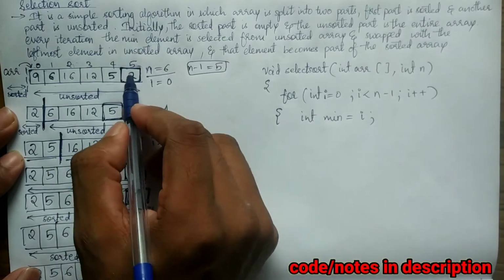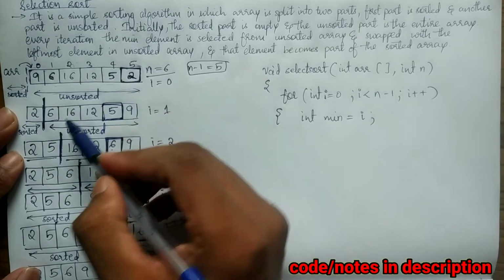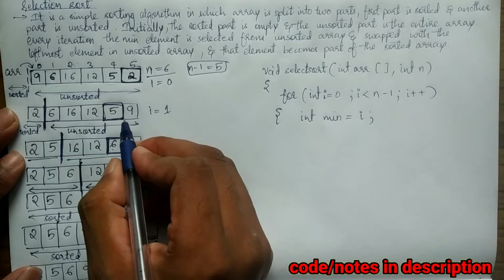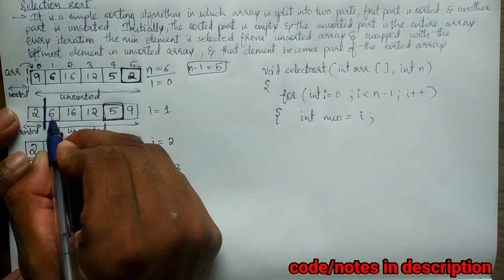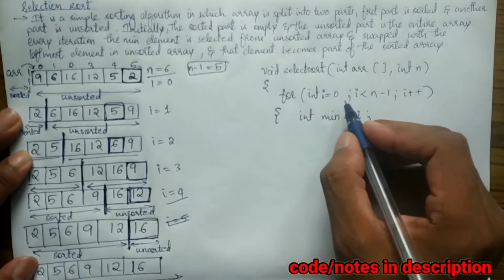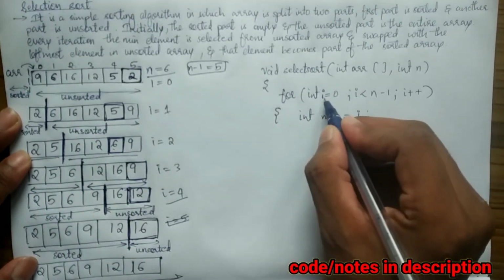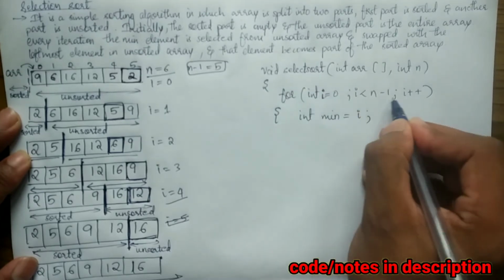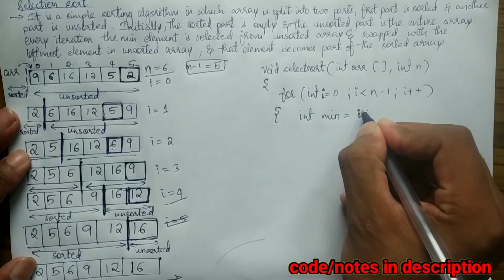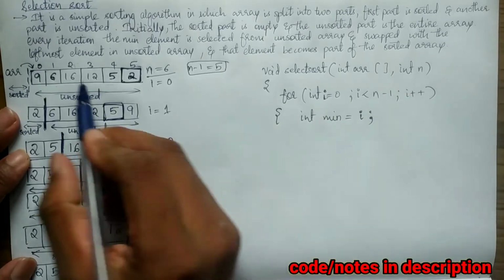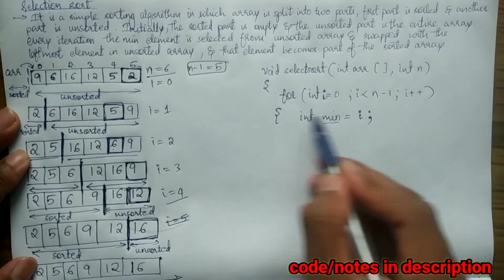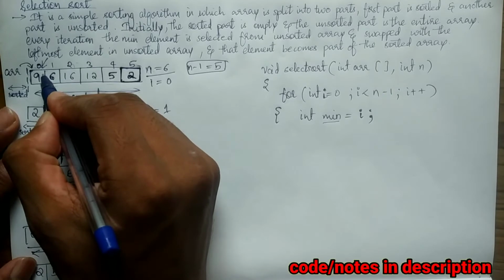So like this, in every unsorted part, in each iteration, we'll find the minimum element and swap it with the first element in the unsorted part. So when we enter the unsorted part, that is the outer loop, which is for the unsorted part, we'll make the minimum element i. Right, here our i was 0. So minimum is pointing at this place first.